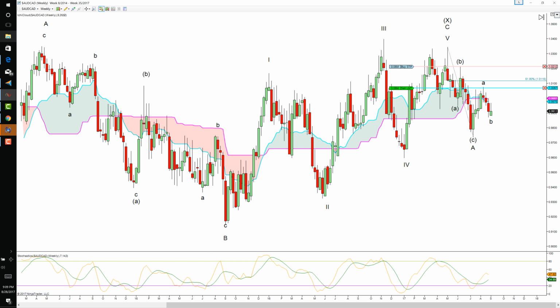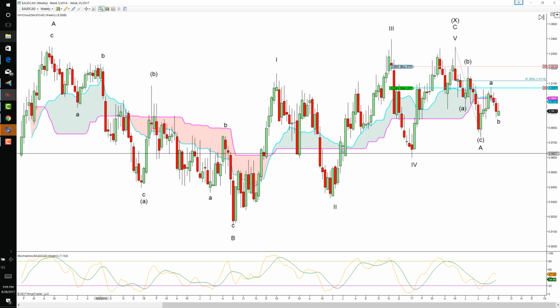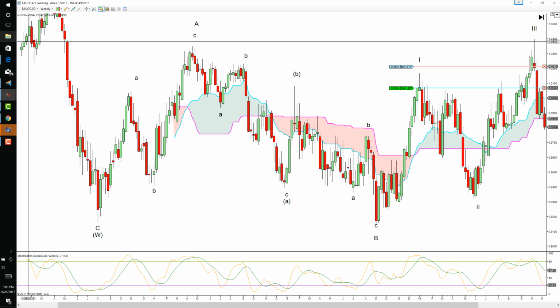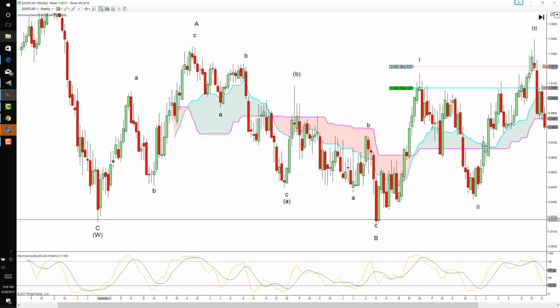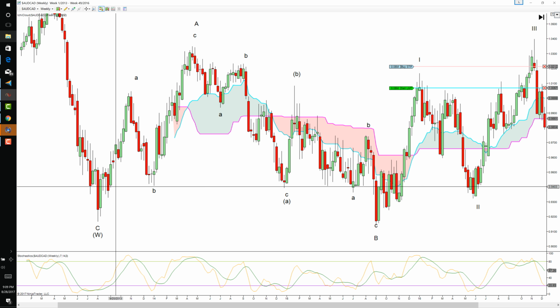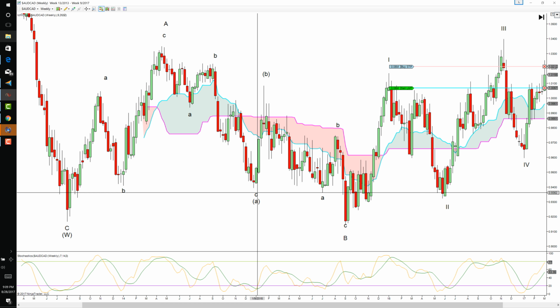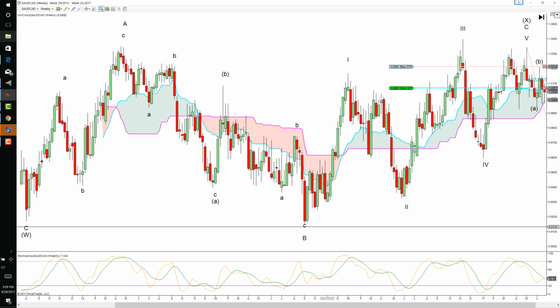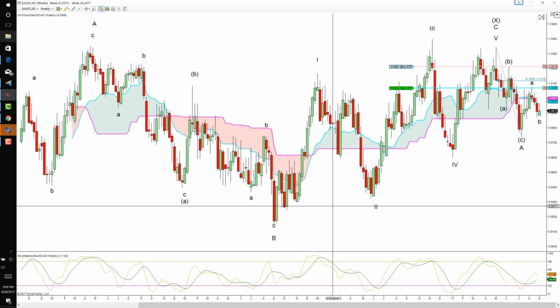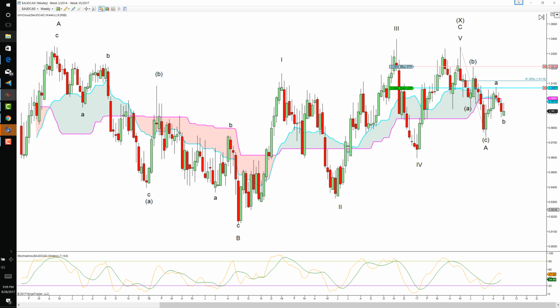However, at the current stage of how I have it, this particular drop here was W. I have this as a W. I have this as A, B, C for A, and then I have an A, B. Then I have this as an A basically of X, and then I have an A, B, C for B, and then technically how I had it was 1, 2, 3, 4 with a truncated 5 for C of